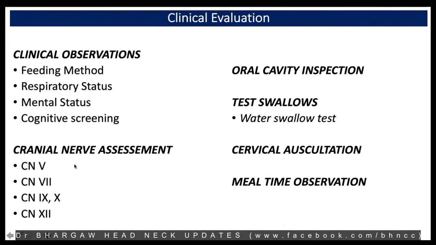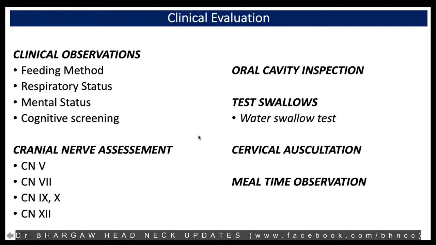and also a cranial nerve assessment, mainly focusing on the lower set of cranial nerves. We check on the patient's baseline respiratory status, mental status, and cognitive status. This is very important for rehabilitation because the patient needs to be alert. For example, in a head and neck cancer patient, low sodium is a common problem. So if the patient is in the ward and he has low sodium and is a bit disoriented, you need to make sure you correct these parameters before you start rehabilitation.